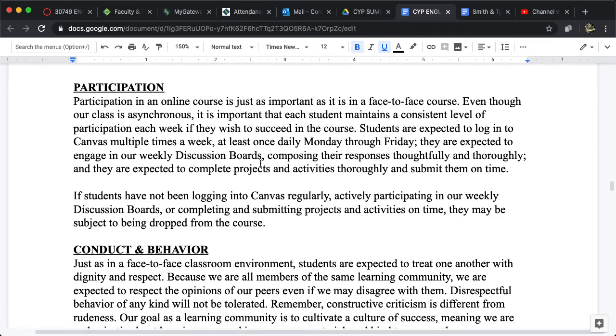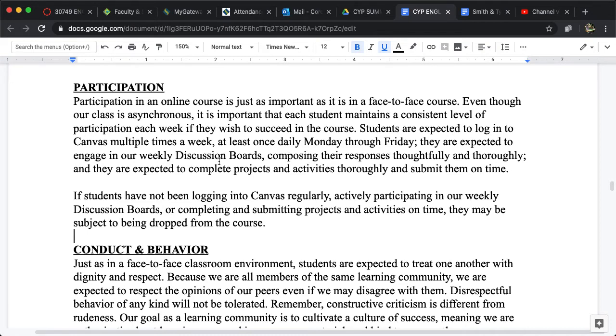Oftentimes, if a student isn't really active on Canvas, they maybe don't log in that often, they tend not to succeed in the course just because there's a huge disconnect between them and the rest of the class. So that's why it's important that you log in at least once daily, Monday through Friday.